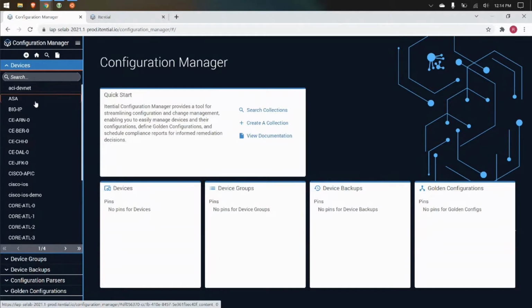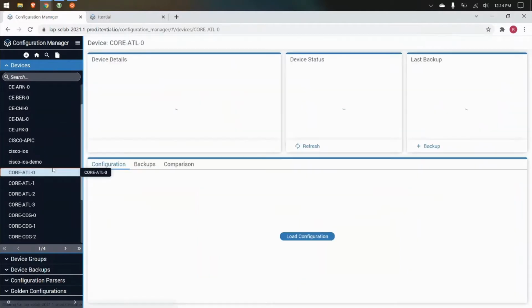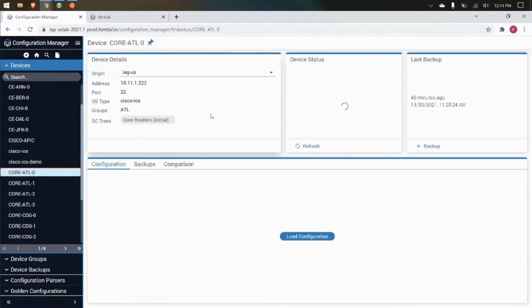On the left-hand side we've got devices that are CLI-based, devices that are API-based. One of the ones that we always take a look at in our demos is a Cisco device, a core router. This is core ATL0 is its name. If I click on the device right here, I can see it has an origin point. That origin point is